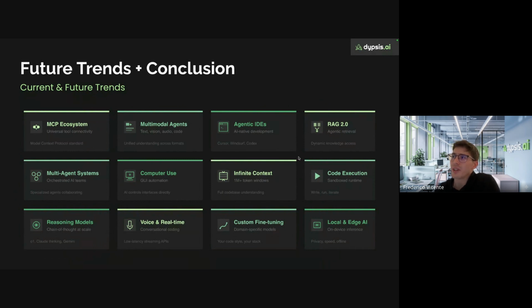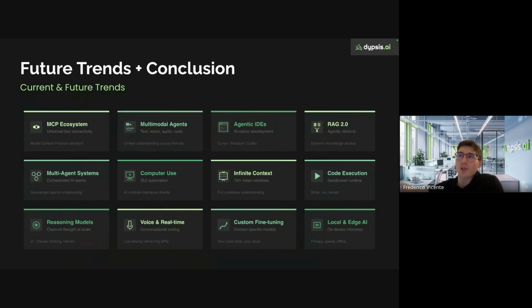We will see agentic IDEs, for me. I mean, we are already seeing them explode in popularity, and this is also why we are having this webinar. They are really going to change how we create software, and they will start having even more AI native features. So even in debugging maybe, and other features that IDEs normally have, I believe they are going to be more feature rich with AI capabilities.